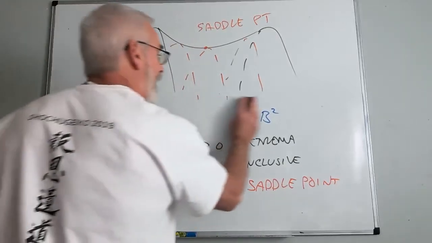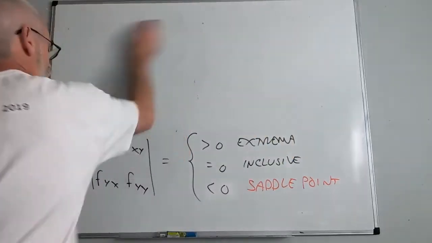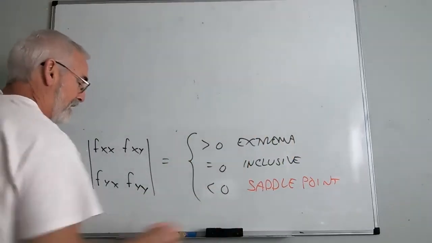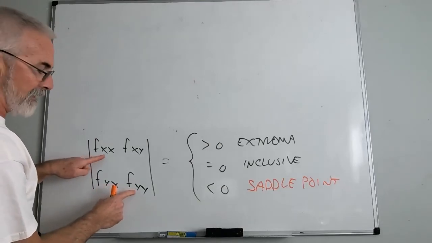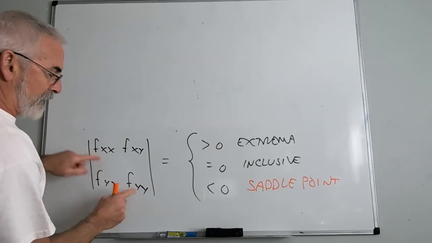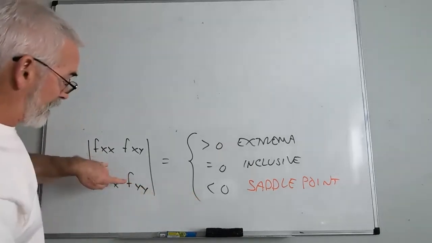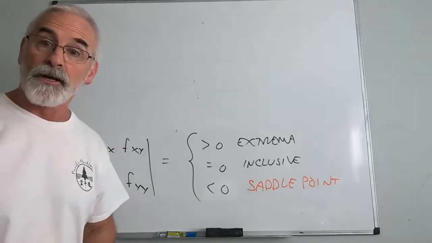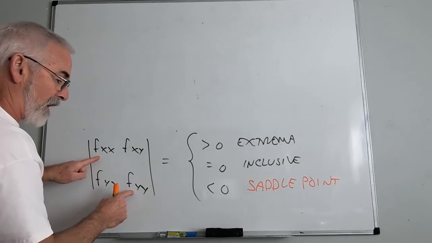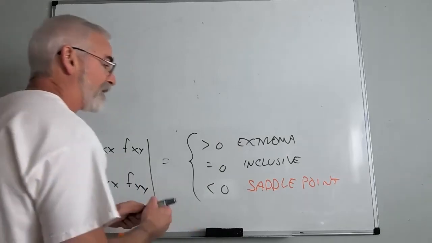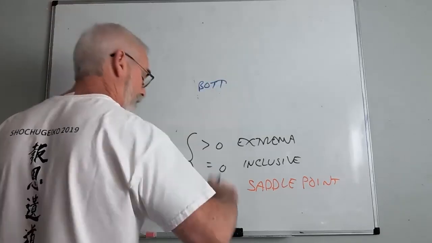The only way this can be positive is if my second derivatives are the same sign. Either they're both positive or they're both negative. If one of them was negative and one of them was positive, I would always get this result because I'd have a negative number minus something squared. So the only way I can get here is for fxx and fyy to be the same sign. So in this case, either they're both positive